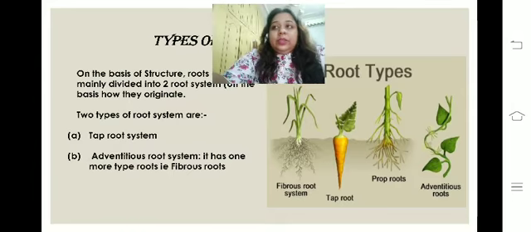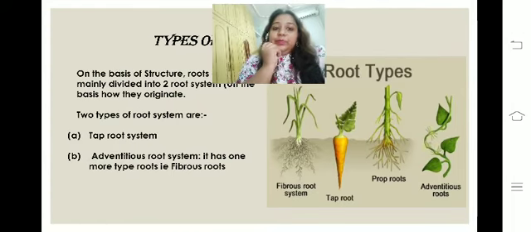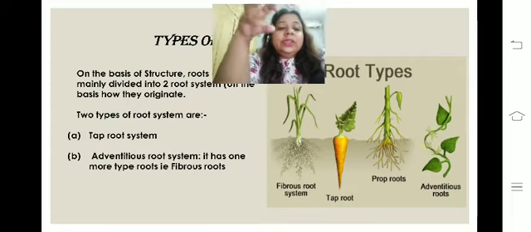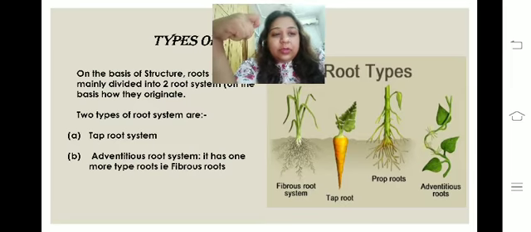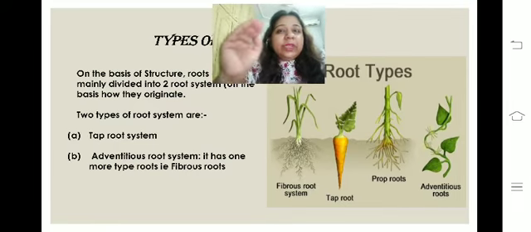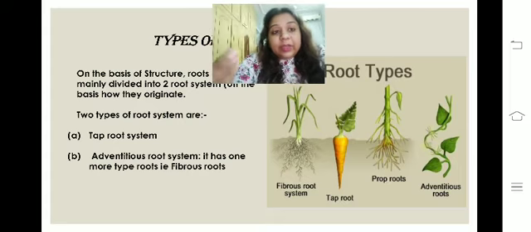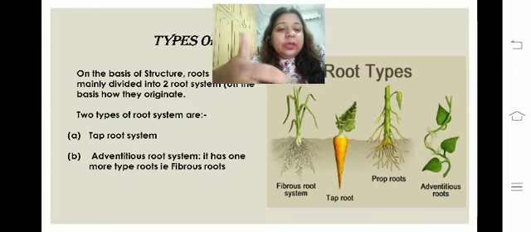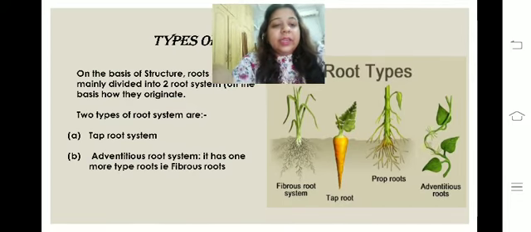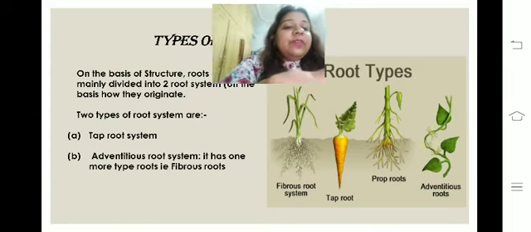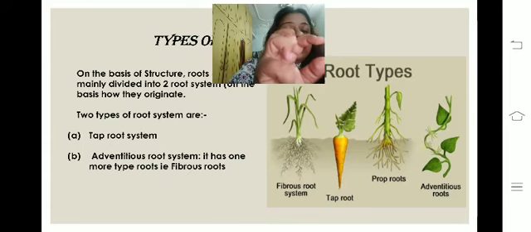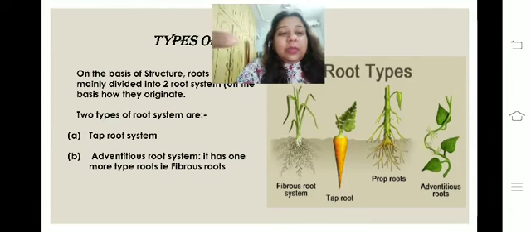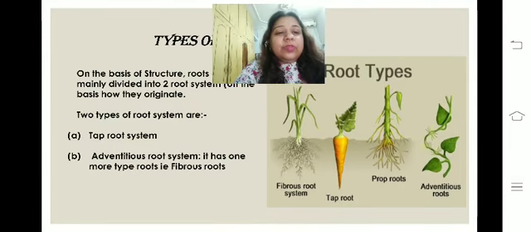So, what happens in adventitious roots? In adventitious roots, the primary roots which come are very short lived. When it is short lived, or you can say weakly developed, they are replaced by the lateral roots, the other lateral branches of the roots, that is the secondary roots or tertiary roots. As you can see here, in fibrous roots, they are not coming from the main root. Fibrous roots do not have any main root. They have many different other roots or lateral roots from where they come out.